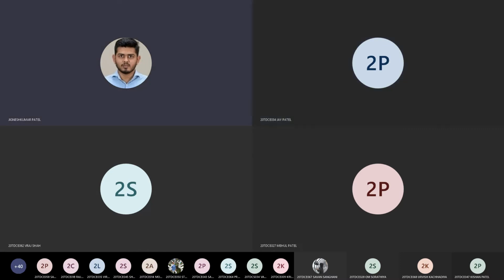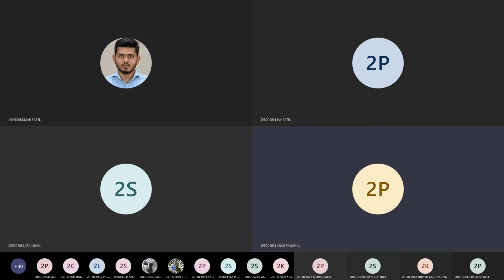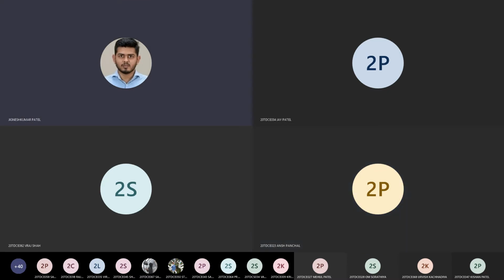Okay. Ansh. Sir, am I audible? Yeah. It is a flow of an electron. Flow of an electron. Okay, you can say that. The exact definition differs from book to book or mentality to mentality, but the basic idea is the flow of electrons. That's the current. You are correct. Okay. Now the second question is, what is voltage or what is a potential difference? If you can explain the potential difference with an example, I would be happy.